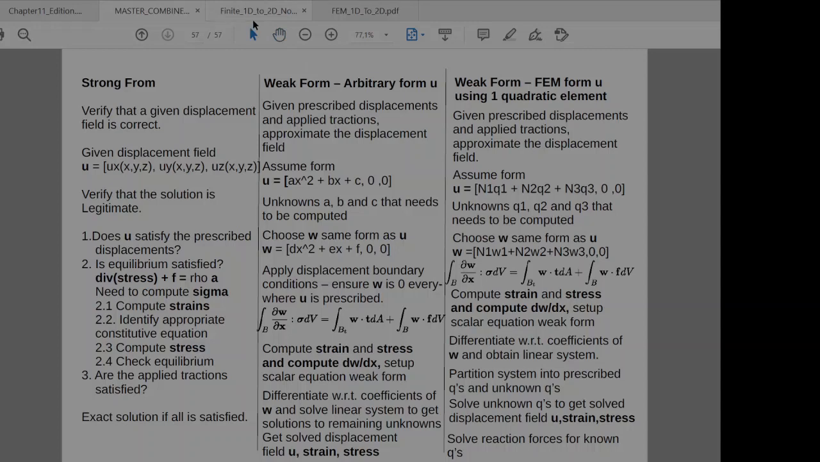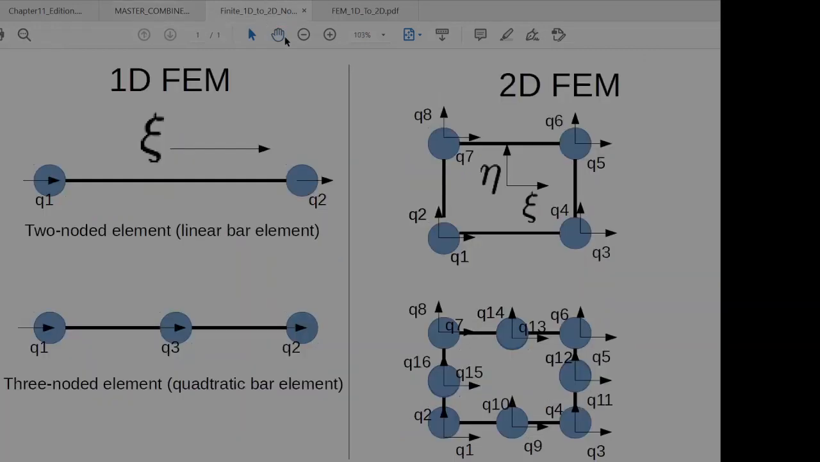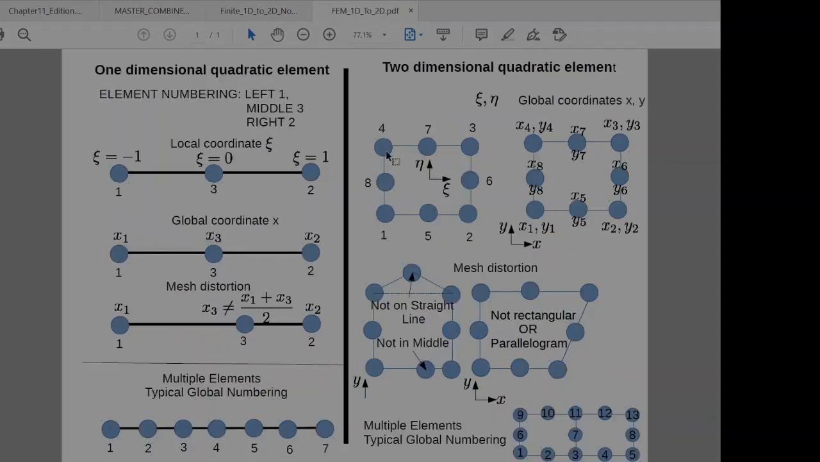And as we build that up towards multiple elements, then we extended our lives from going from 1 dimension to 2 dimensions, and essentially generalizing that a little bit further to say, this is sort of the things that we've learned in the 1D: what's mesh distortion, what's the global coordinates, what's the local coordinates, and what are their meanings in terms of